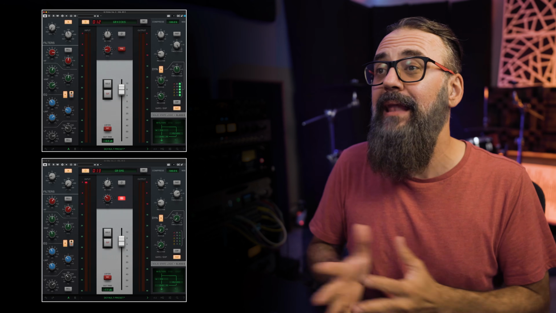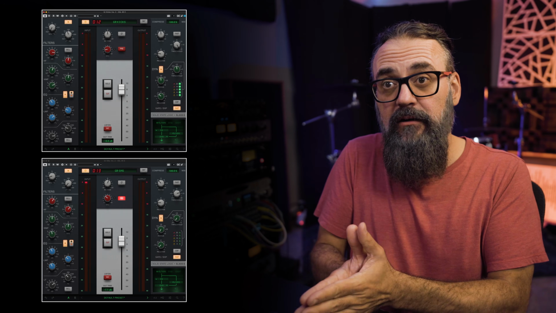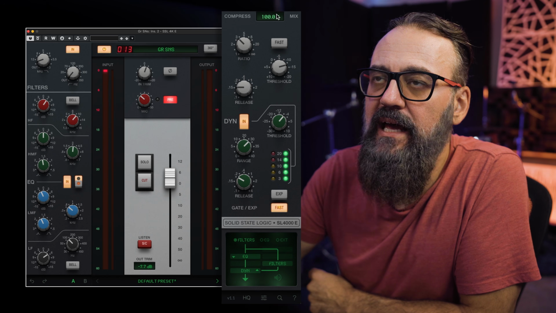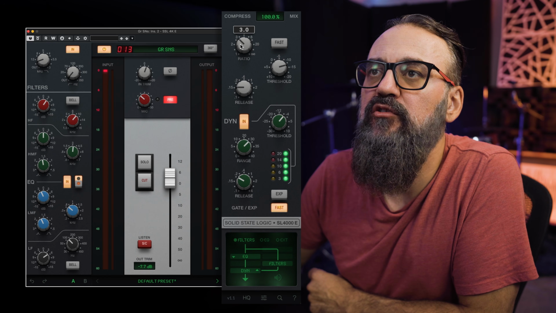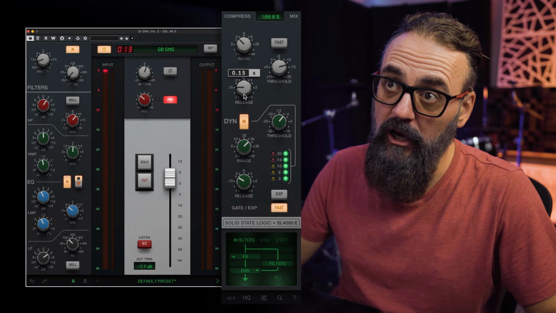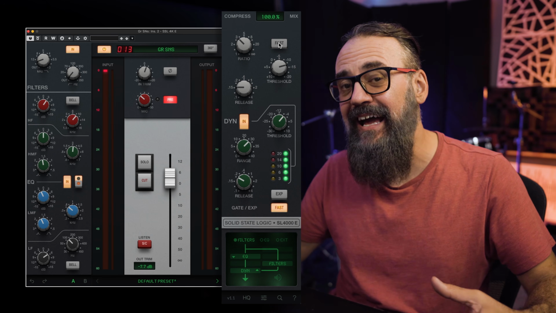So anyways, I like the black circuit for the kick and snare. I love the punchiness of the black circuit, love it. So those are the differences in tone between those three different circuits we have on this version of the SSL 4000. On the dynamic section, we have a compressor, pretty straightforward: ratio, threshold, release knob, and for the attack, we